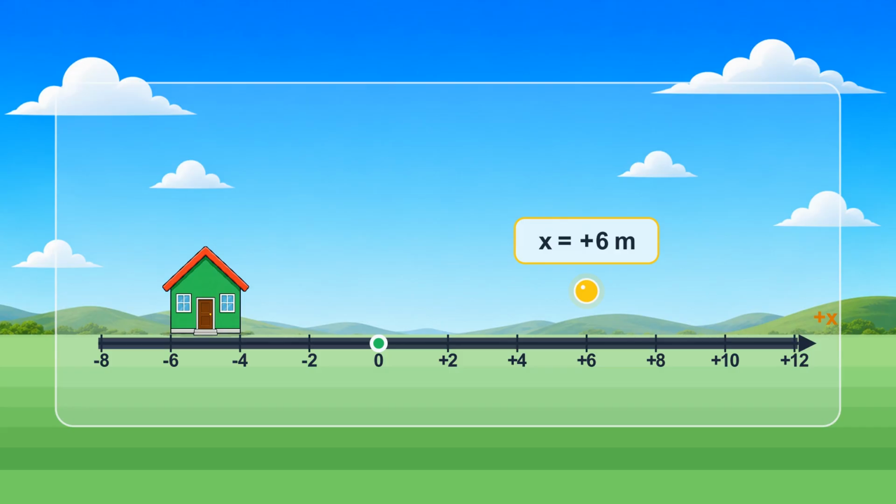The coordinate axis is a convention. We choose where 0 is, and we choose which side is positive. If we move the origin, or reverse the positive direction, the coordinate numbers change. But the road, the landmarks, and the physical object do not move. The convention changes the description, not the real situation.